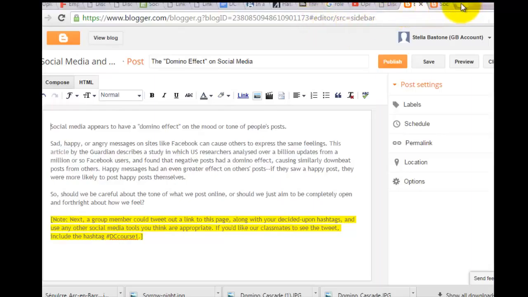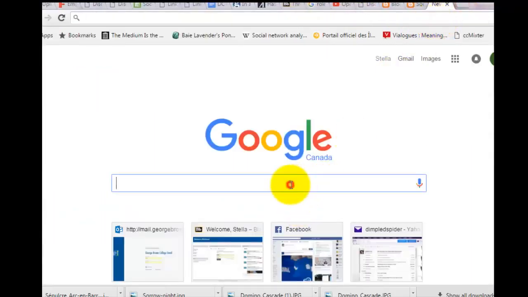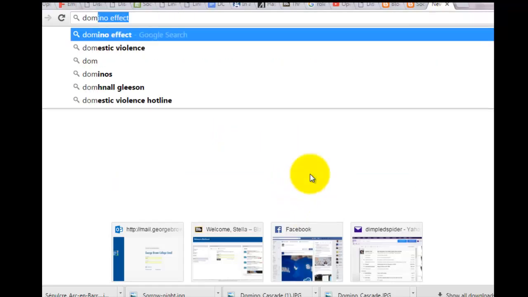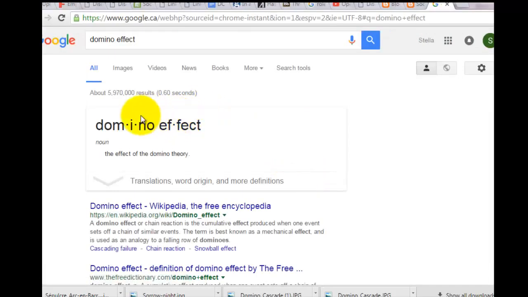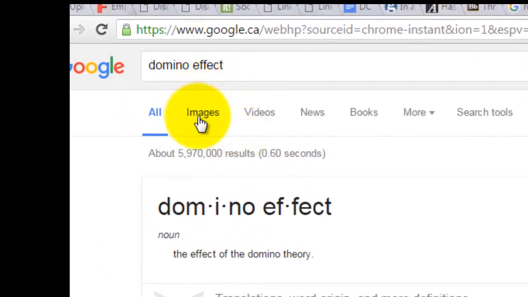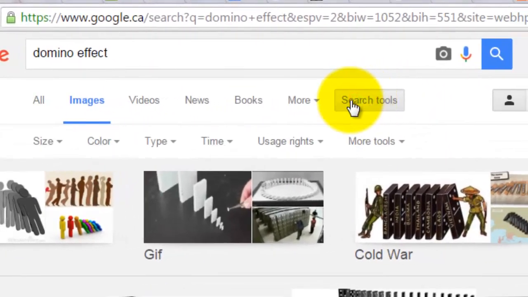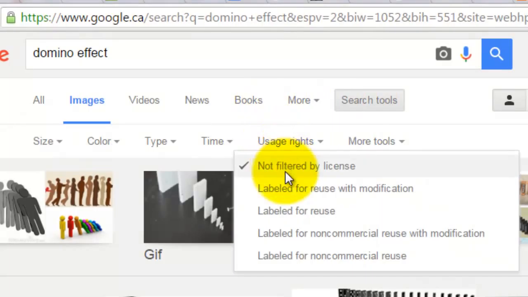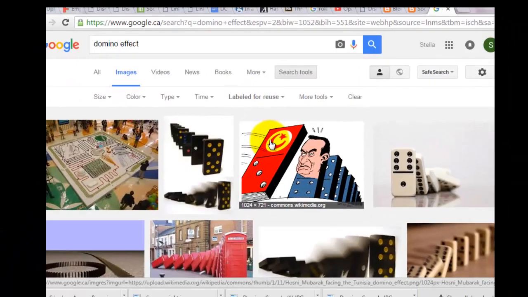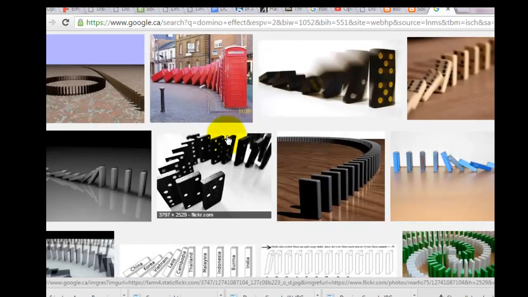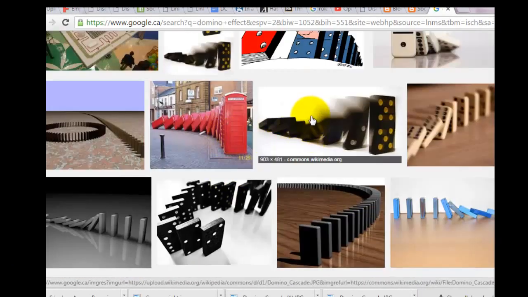So I need to go and do a search. I'm going to do a search on Google, and my search is going to be for the terms domino effect. I'm looking for an image, so I'm going to click on images, and then under search tools I'm going to click on that. Usage rights, I can click on any one of these usage rights because they're all connected with public domain or Creative Commons. So I'm going to select labeled for reuse for now, and I'm going to grab this image. So I'm going to click on that